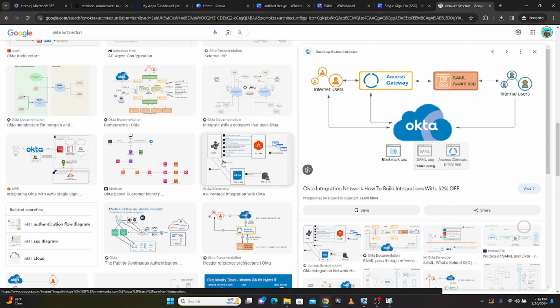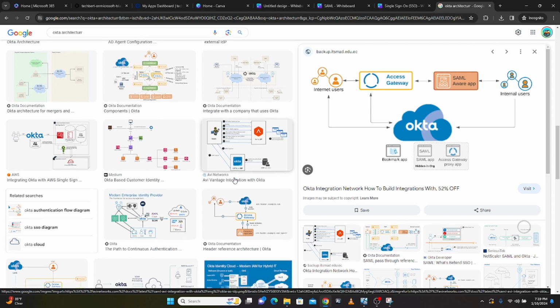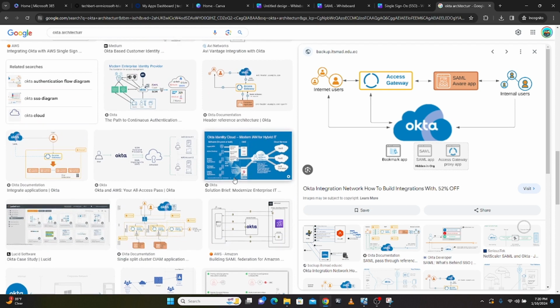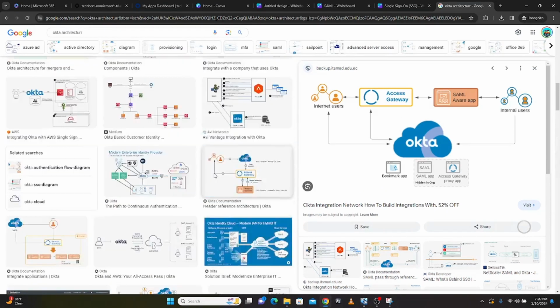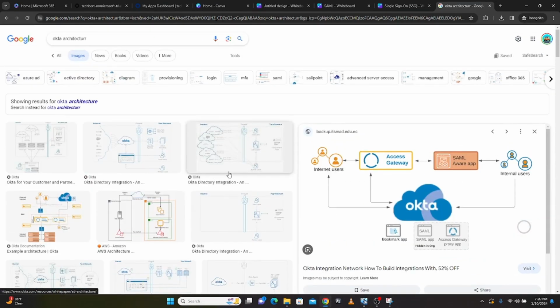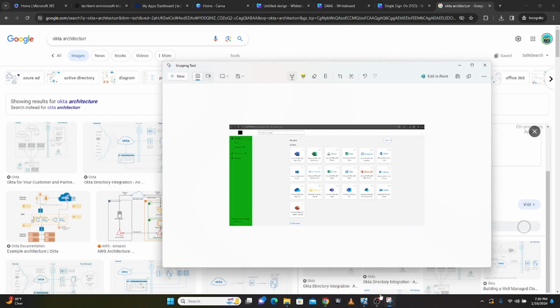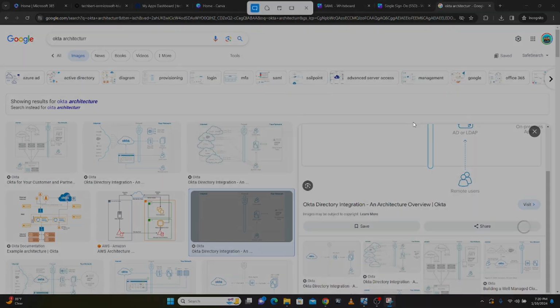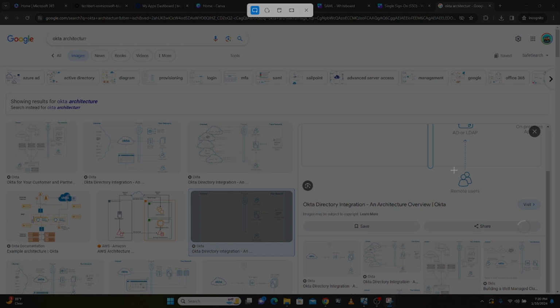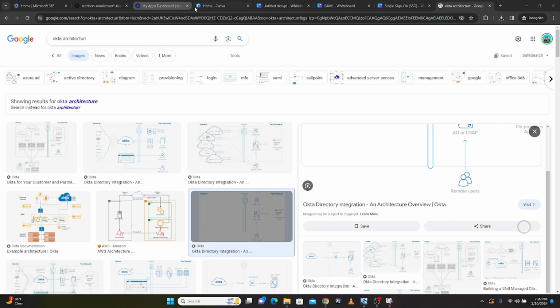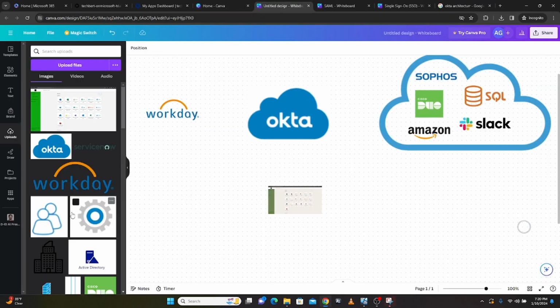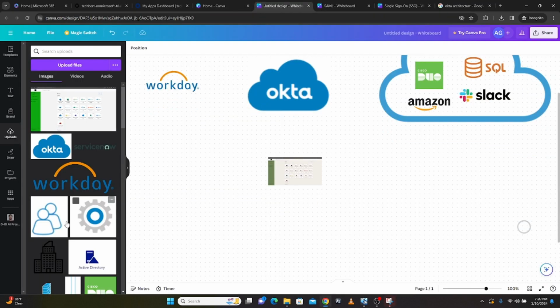So there are a lot of different architectures out there that you can check. Basically, you can pick this one up, or you can pick this one. Then you can use your snipping tool, new, and then you can cut this side. I already have it, so I'm not going to do it because of time. So I have it here. This is it. So I just have to